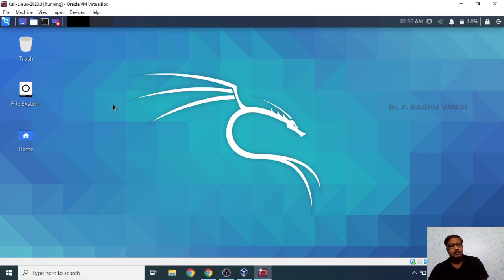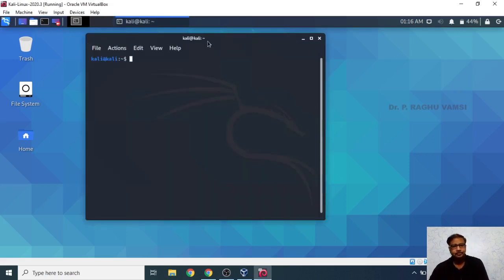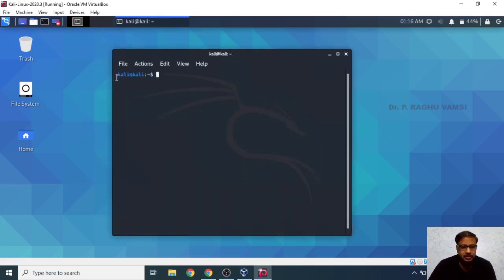Here you can open the command prompt by clicking here. Here you can observe kali@kali. This is a username. Actually, we are supposed to work in the root mode, that is super user mode, because from this user only limited privileges are available.